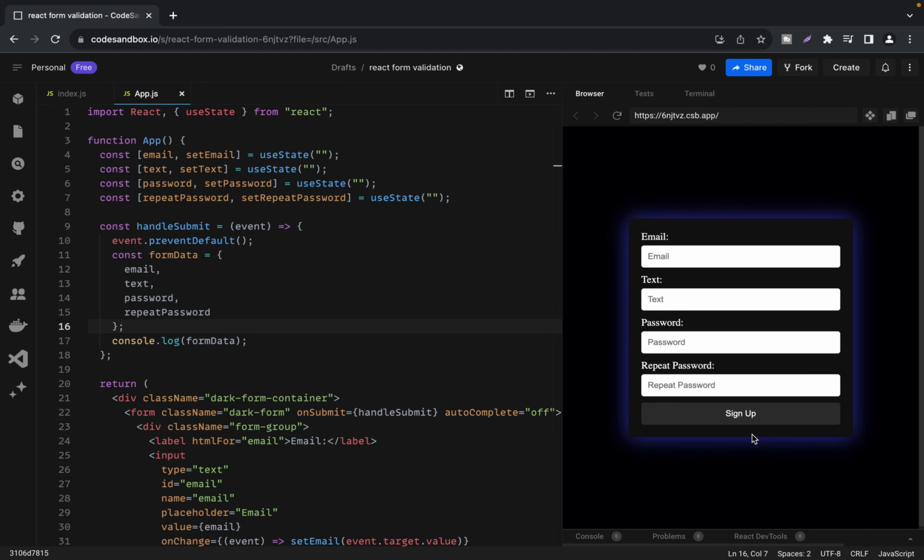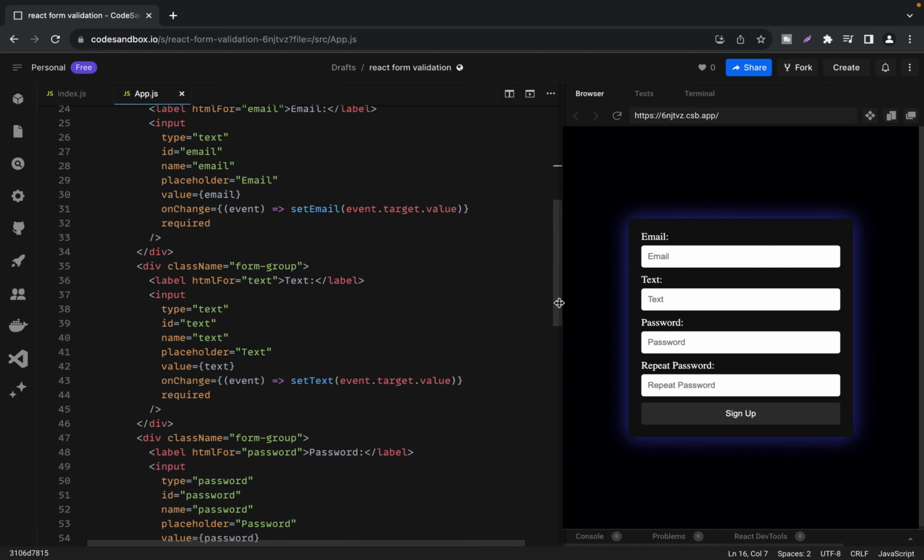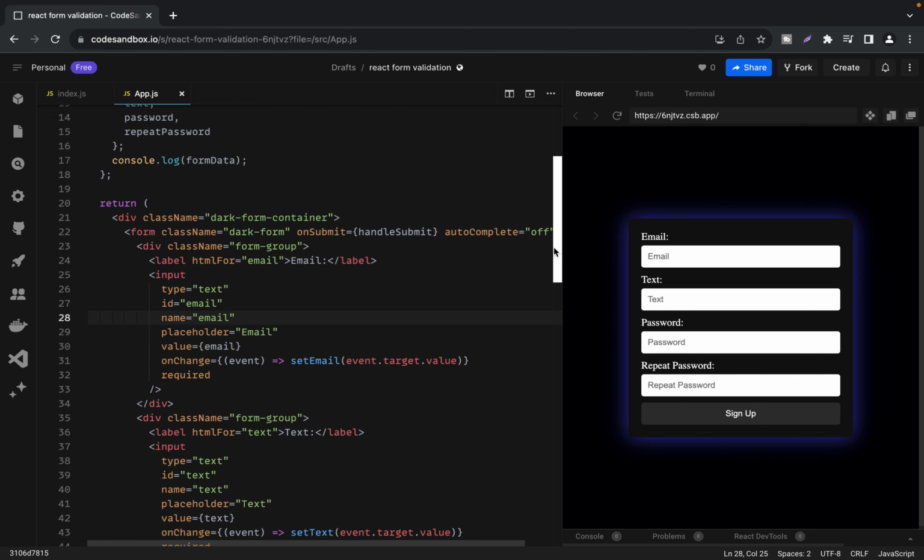Today we are going to add validation to a simple form with 4 inputs. Our structure is straightforward, where each input shares the same interface. Each input includes the following details: type, ID, name, placeholder, value, onChange. All fields are required. The name attribute will be responsible for the name of the field in our state, which I